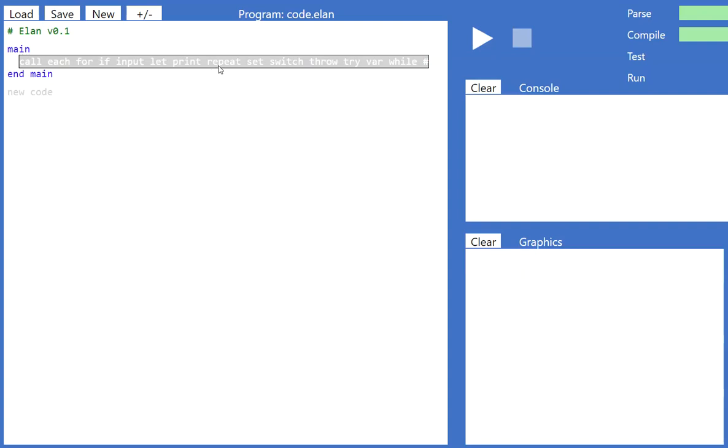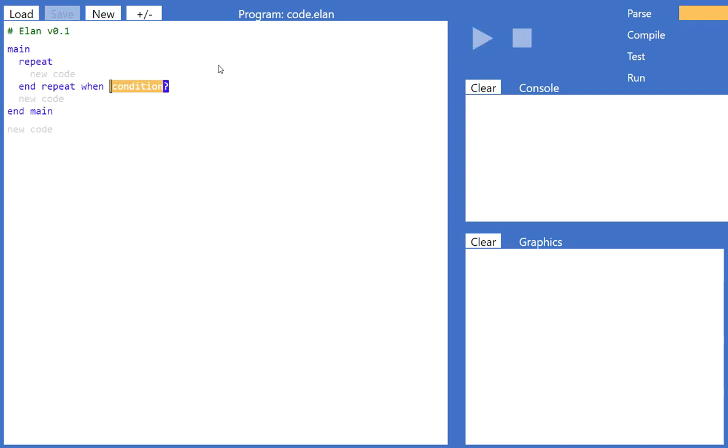We're now going to look at the repeat loop, which is similar to a while loop in that it will execute a block of statements as often as is needed until a condition is reached. If we type R for repeat, here's the repeat frame, and the principal difference is fairly obvious. The condition is at the end of the loop instead of at the start of the loop, which it is in a while loop. So repeat, end the repeat, repeat this block of code and end the repeat when a